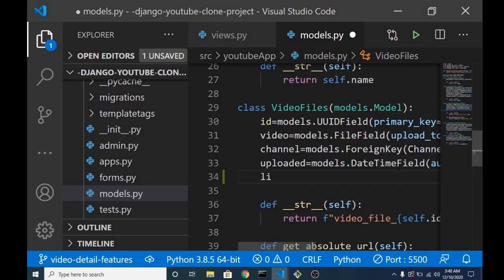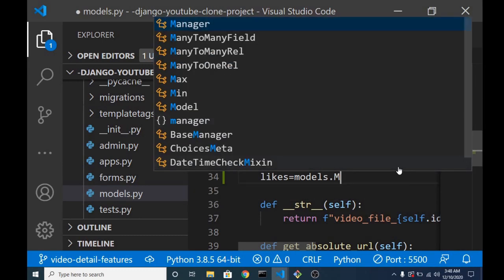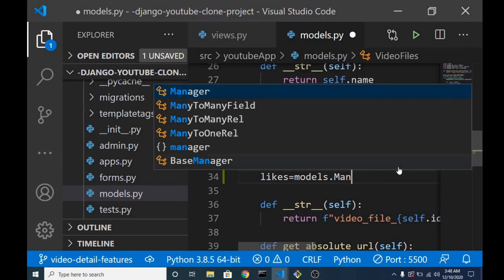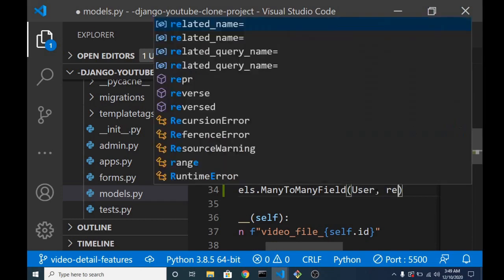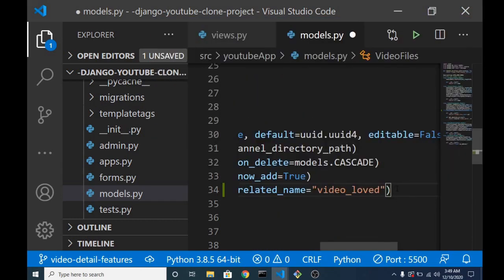Sorry, in the video we call it likes, which is going to be a many-to-many relationship with the user, because it is the users of the site that are going to be liking the video, which come with the Django authentication system. So we'll be using that user model. So we're going to create a many-to-many relationship, and we're going to give it a related name, like, because in YouTube,